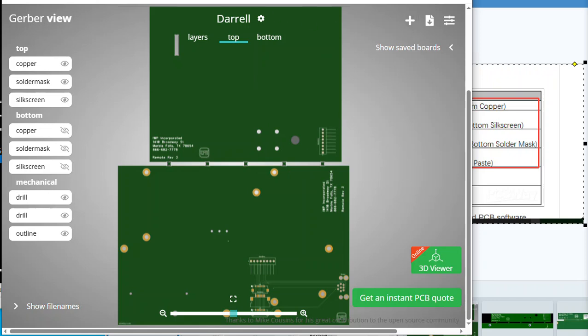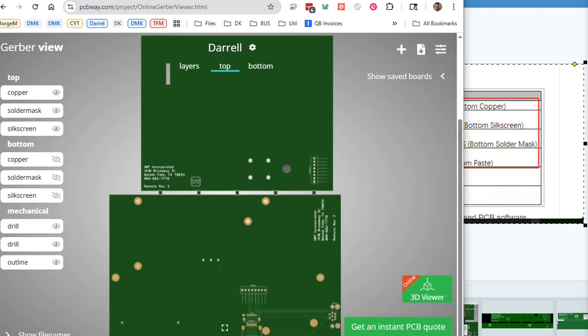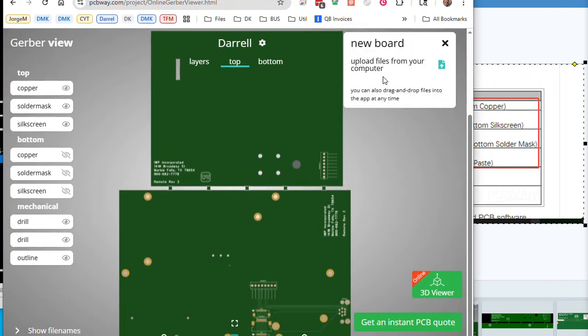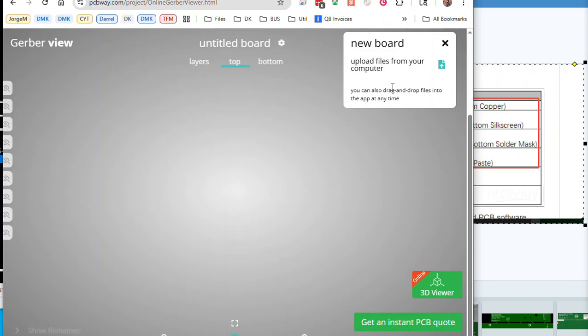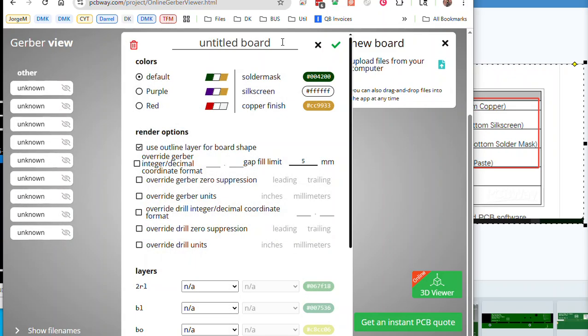So you go to this URL. The URL is here, PCBWay Gerber viewer. What you do is you go to plus, and I'm going to take a zipped file. So I'm going to add a new file. I'm going to take this zip file that I have, and I'm dragging this zip file just on top of the screen. It's going to add the file. I'm now going to click the